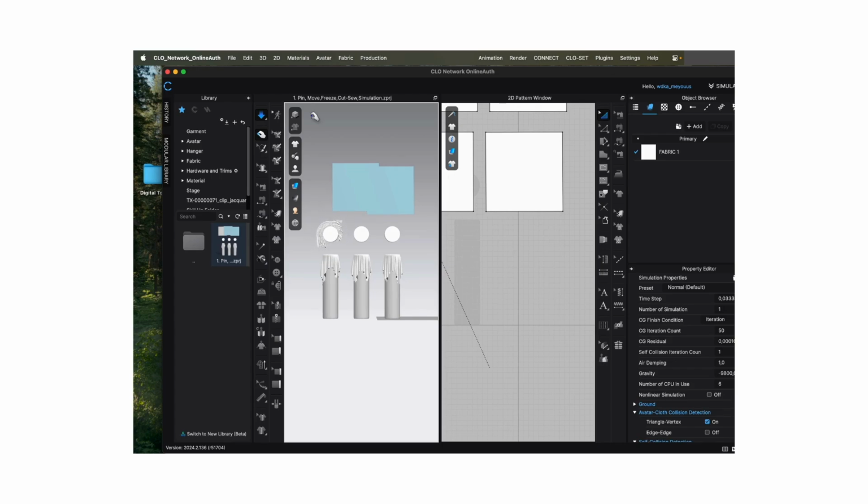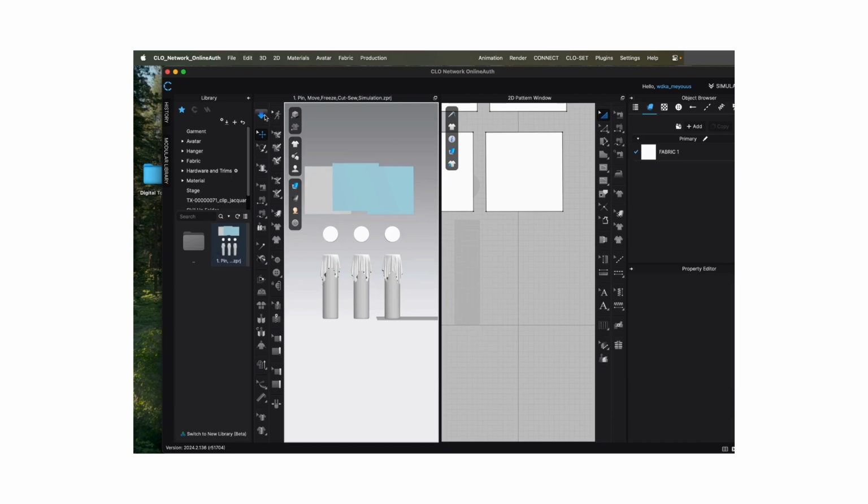If you wanted to stop the simulation, you could click on spacebar again or on the blue arrow and stop it. If you want to go a step back, you could do Ctrl Z